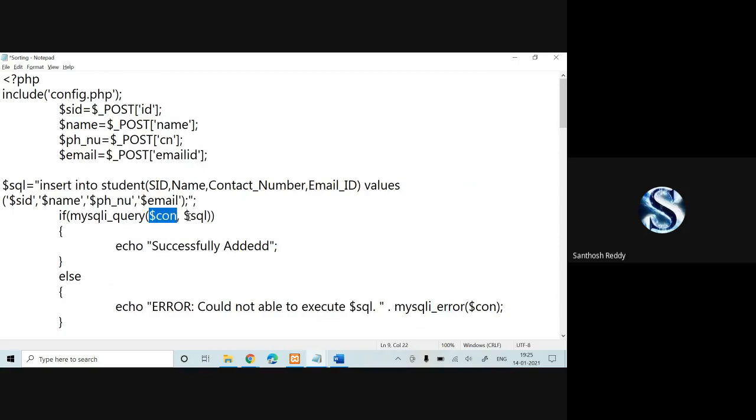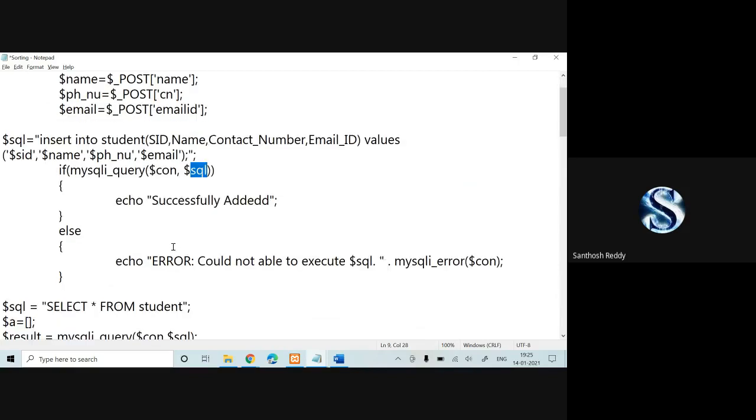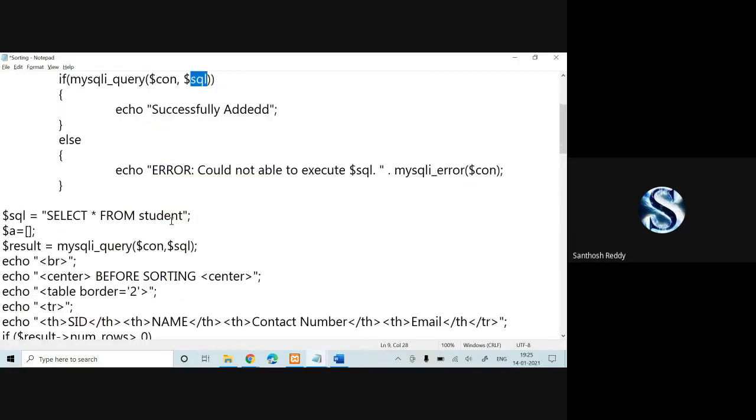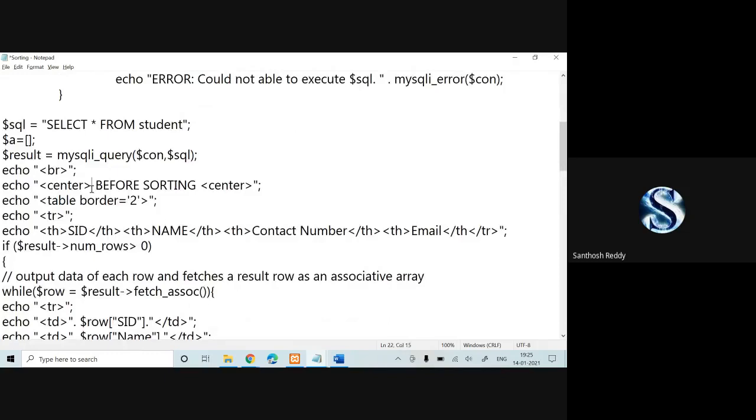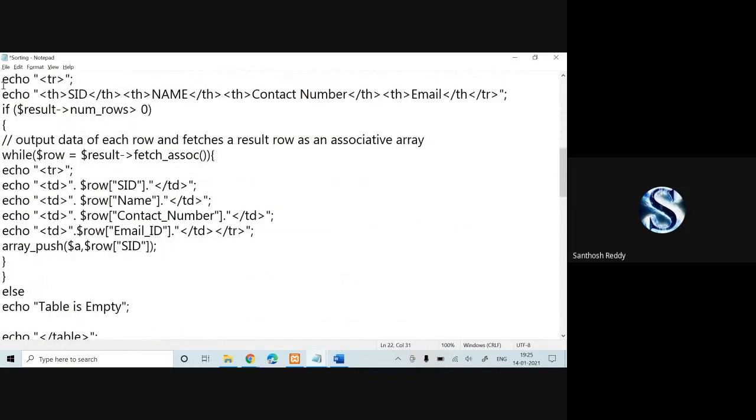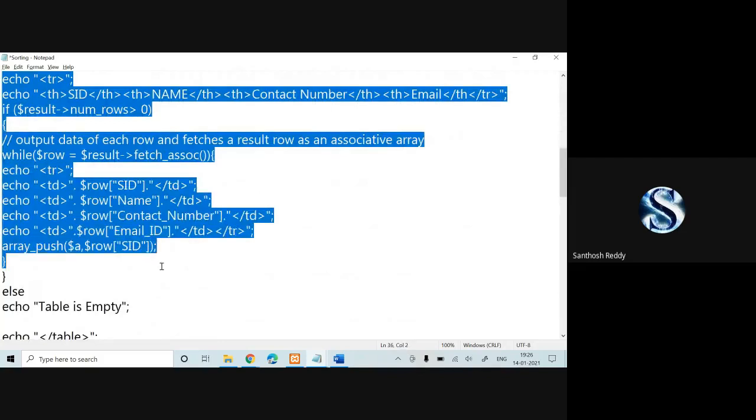Once I have connected, I can execute the query, where $SQL has the query which is the INSERT INTO statement. Once it is successfully executed, it specifies that it is successfully added, otherwise it's not. And later we have extracted the data from the database. I have specified that here before sorting. This is all about extracting your data.